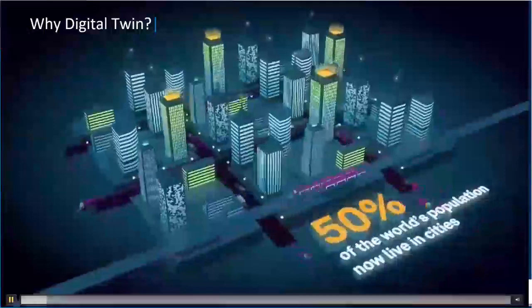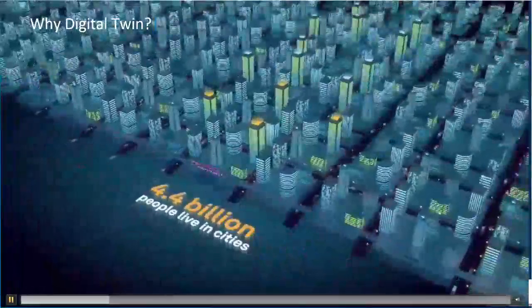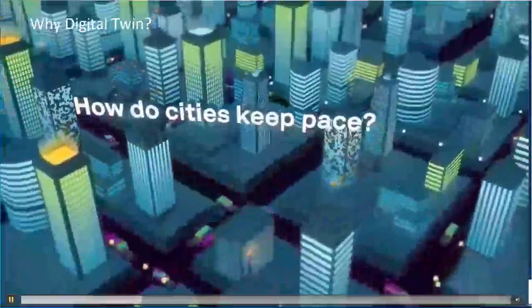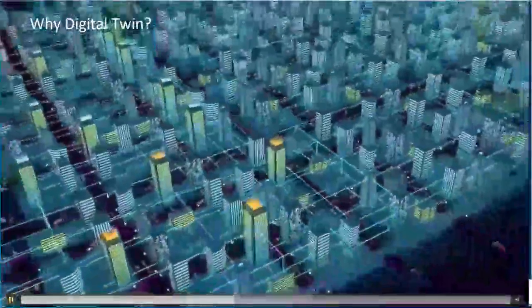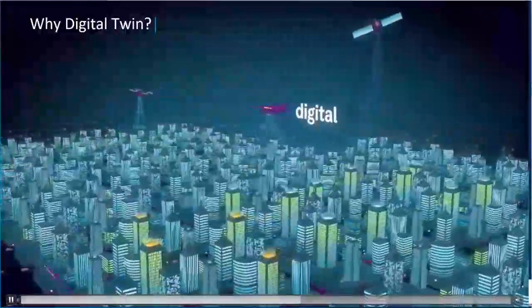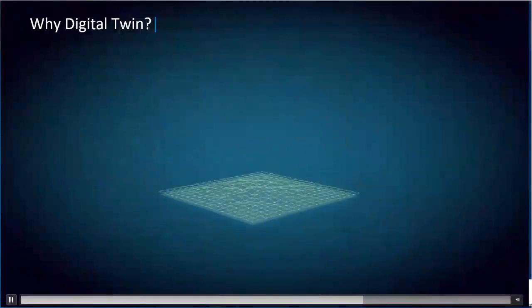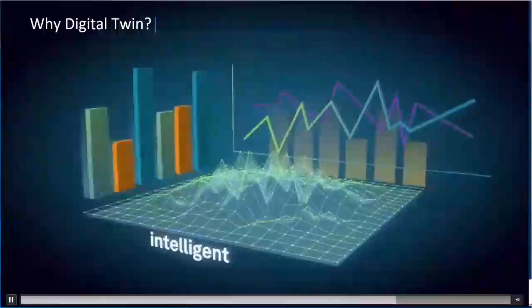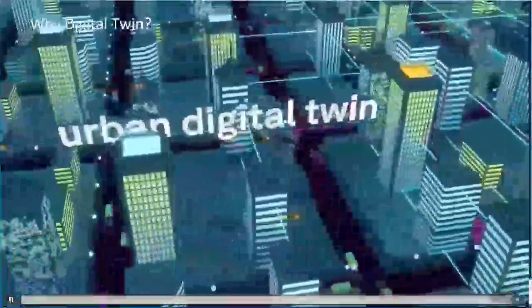Urban populations are growing at a rapid pace. Globally, people are migrating to cities, and this trend is expected to double by 2050. How do cities keep pace to better serve this growing population? You need a digital twin. Urban digital twins provide cities with unprecedented insights and actionable information. They're digital, providing a virtual model via aerial imagery, LiDAR, and more. They're connected, complete with real-time data exchange between systems and devices. They're intelligent, leveraging AI, simulations, and analytics to identify potential problems and inform decision-making. Make your city more livable, safe, and sustainable with an urban digital twin from